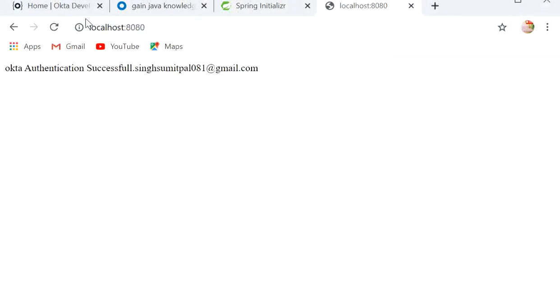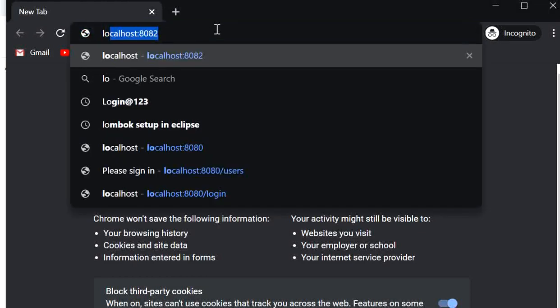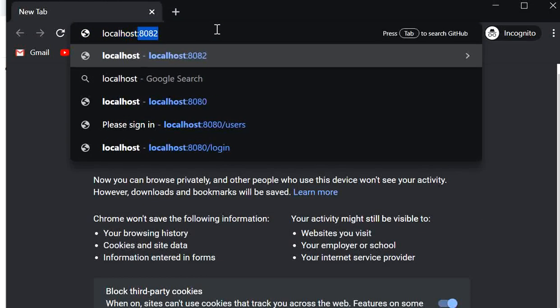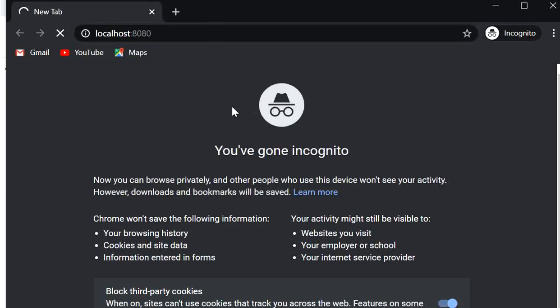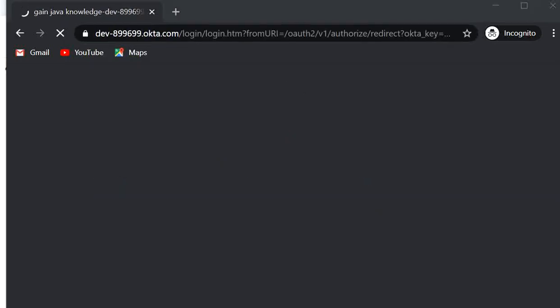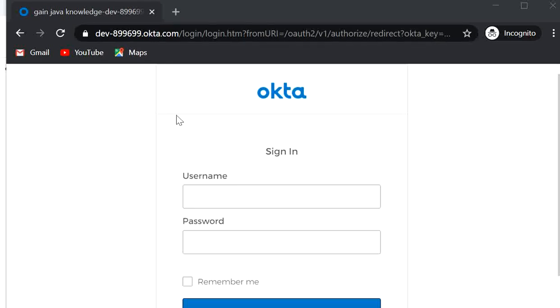it still seems to be due to cache, so I will open a new incognito browser and enter localhost 8080. Now it is asking for the credentials.